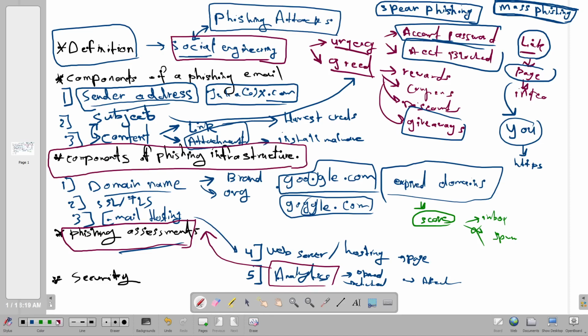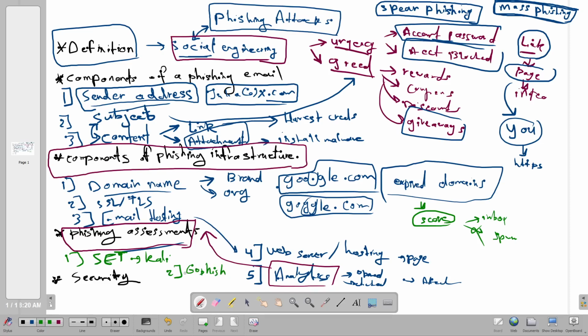You need a tool that will allow you to have all of these components in one place. An example is the SET framework, Social Engineering Toolkit. It comes pre-installed in Kali and allows you to conduct various sorts of phishing assessments. Another tool is Gophish, which we will talk about in this video.